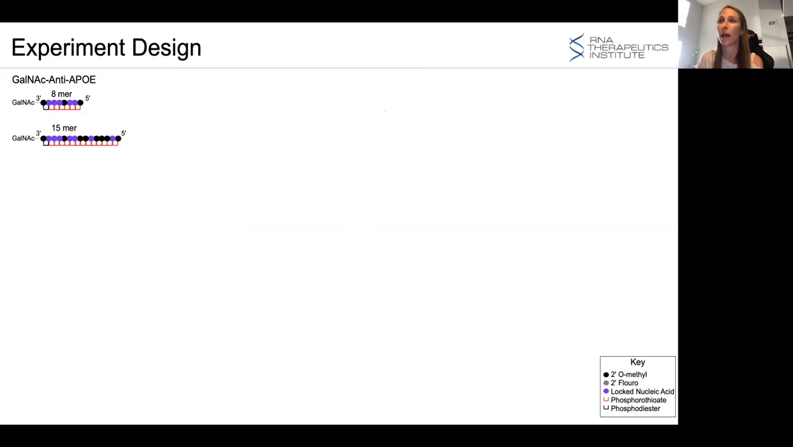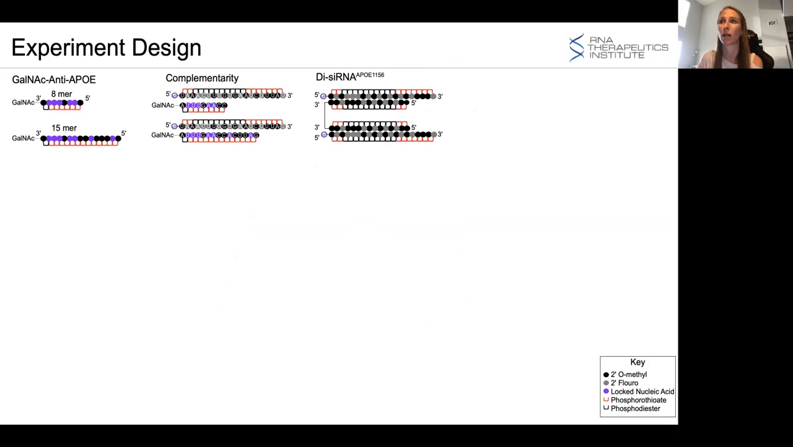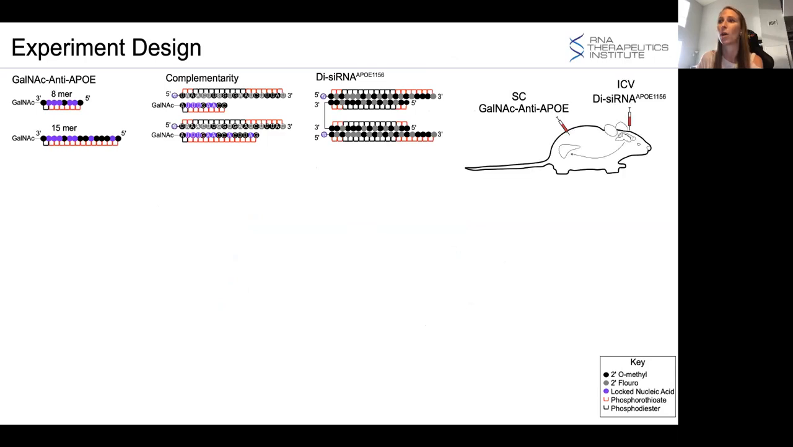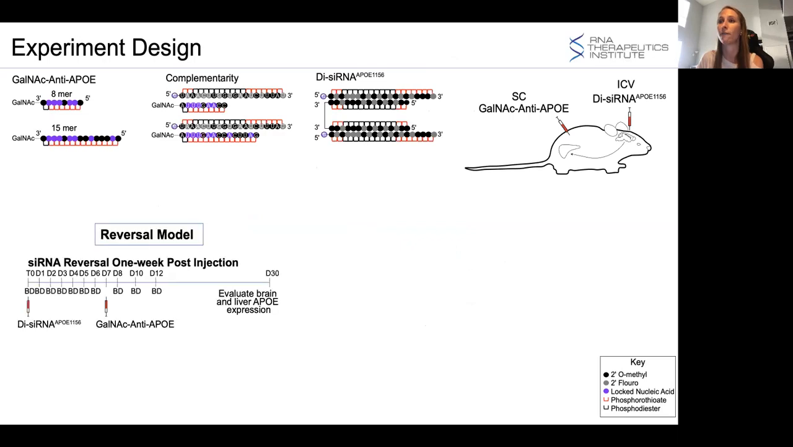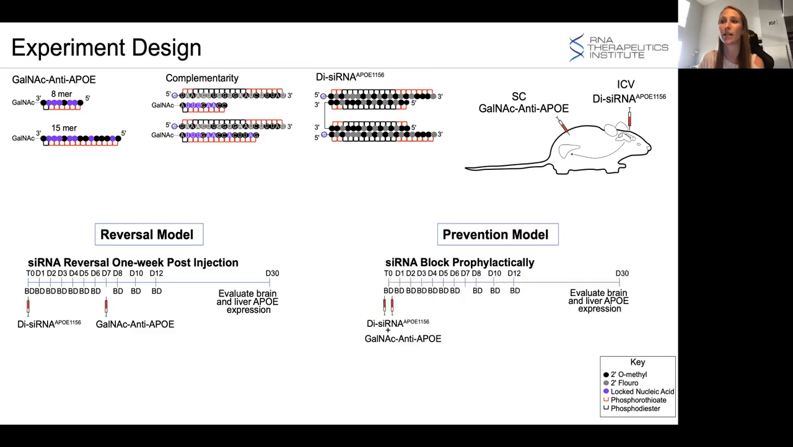We designed 2 anti-siRNAs of different lengths that were complementary to the APOE targeting siRNA. We injected mice with a high dose of siRNA into the lateral ventricles and first tested if the anti-siRNA could rescue expression after silencing had already been achieved, and injected the anti-siRNA subcutaneously 1 week post-ICV injection. Second, we tested the blocking capacity of the anti-siRNAs by administering a pre-dose to the animals prior to their ICV